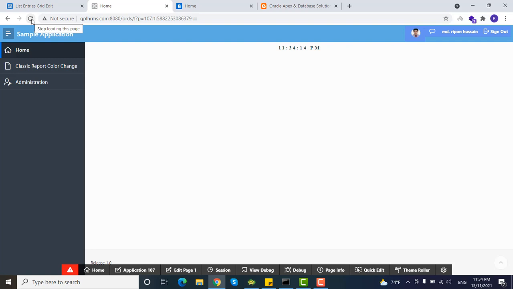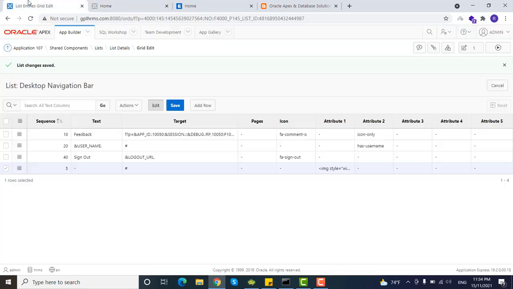And the login user image is displayed on the navigation bar. Now we can change the image size from here.